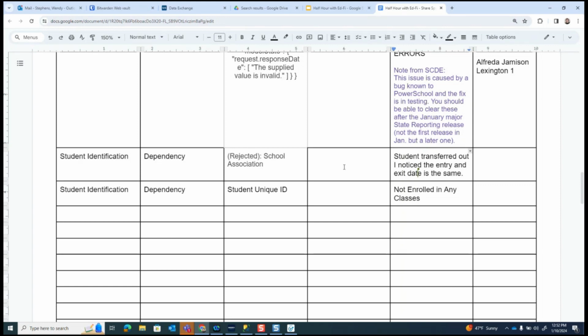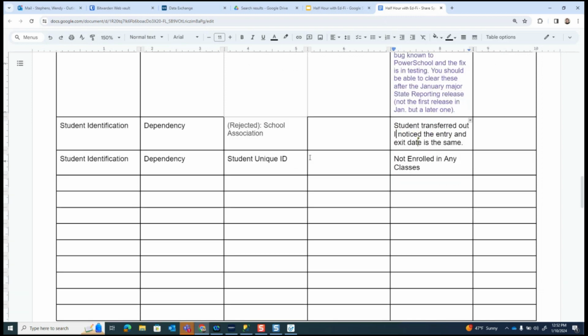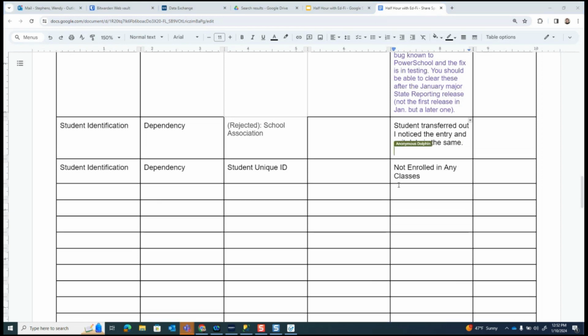Transfer out, I know the entry, exit. What's the exit code for that student identification with rejected? What's the code that person used for it? Is it marked correctly as a no-show? Notice the entry and exit date is the same. I would check first just to make sure the exit code is correct for that.